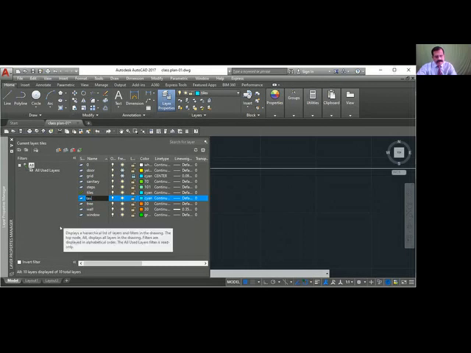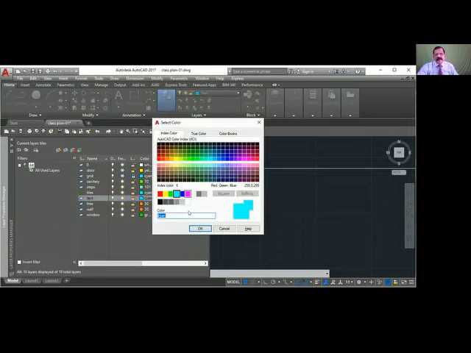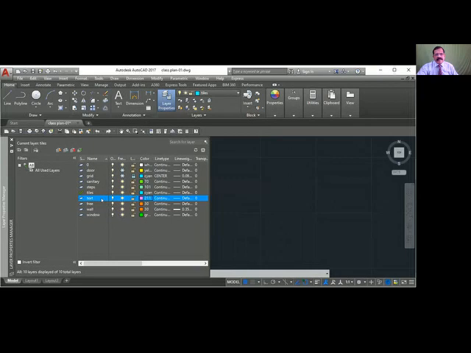Text. I'll choose a color. So text layer, and the linetype continuous. Line weight is default. Okay, default is 0.25. Make it current. So I'm in the text layer.